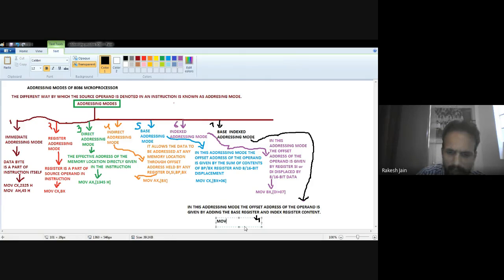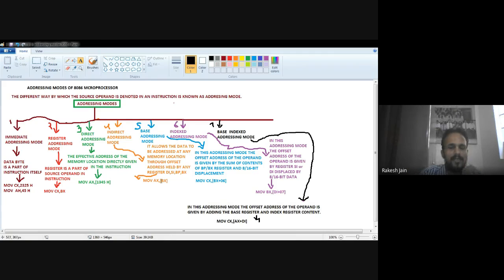Let's suppose I have a register CX into which I want to move the content of the base register BX or AX after the addition with DI, that is the index register, or SI. So this is known as base index addressing mode, because AX is a base register and SI is an index register. After the addition, the content will behave as the address of the operand itself. Then this is known as base index addressing mode.